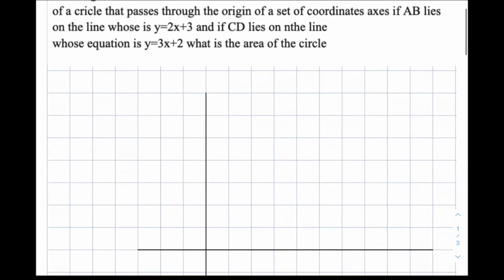So that's going to be something like that. And we've got the line 2x plus 3. Something like that. So there's our lines, and they cross